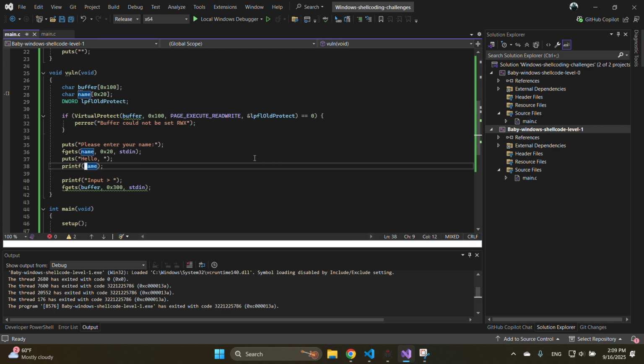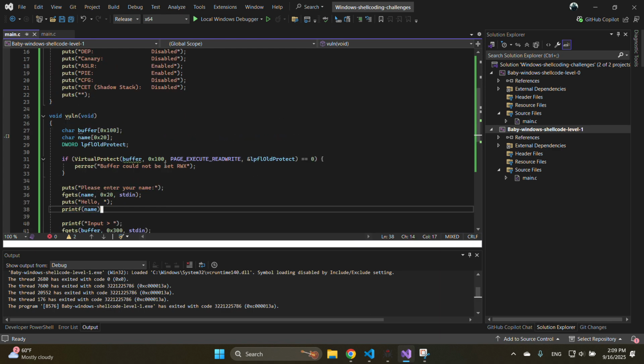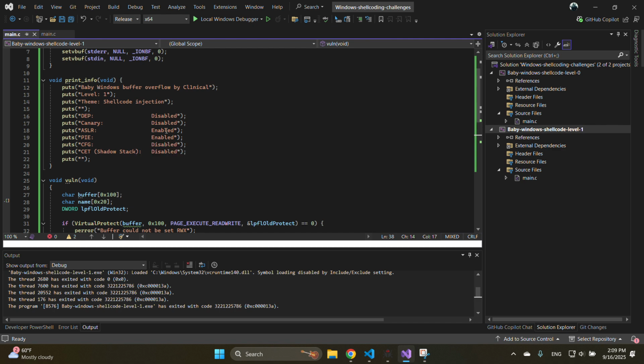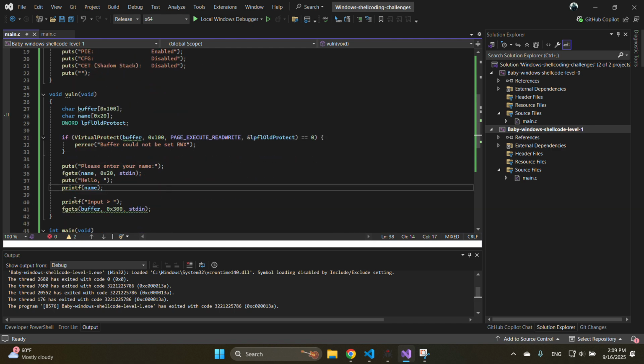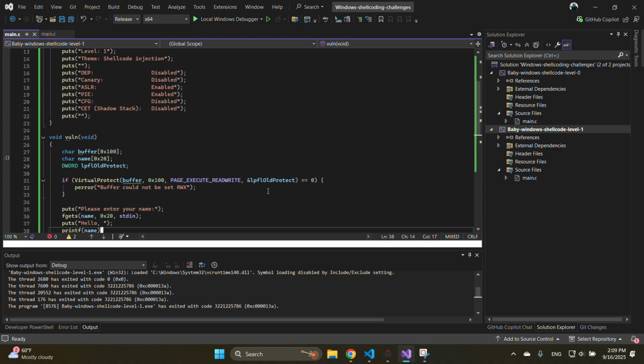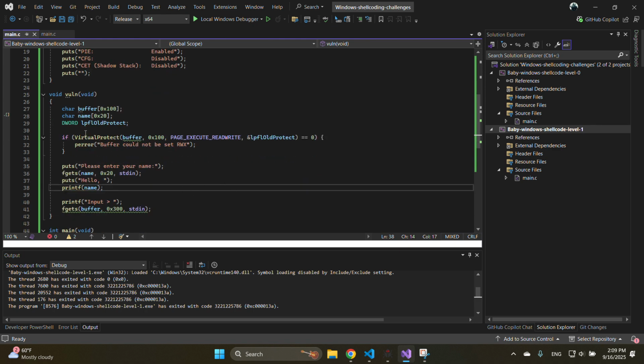So if you take a look at the source code here, we have turned on ASLR and PIE, and we're going to use a format string bug to leak a stack address, since we are just inputting shellcode directly on the stack. As you can see here, the stack that we're inputting to is still executable by this VirtualProtect call. So what we're going to want to do is leak a stack address,